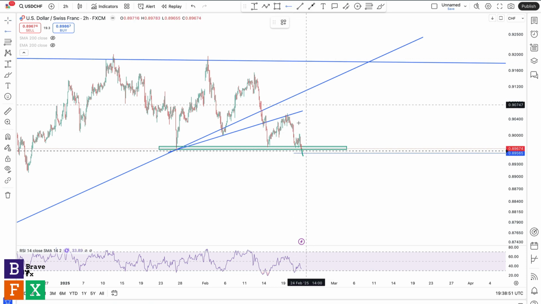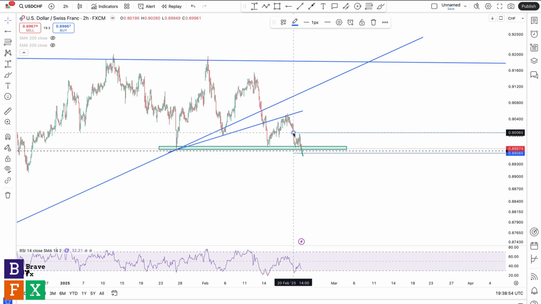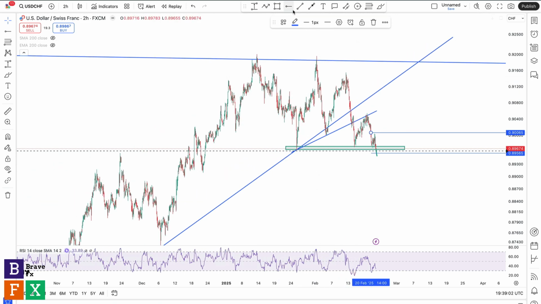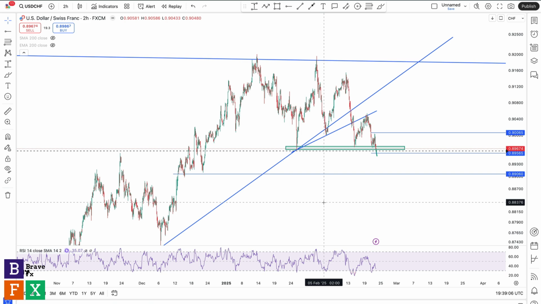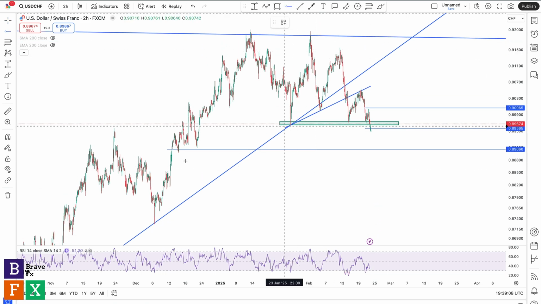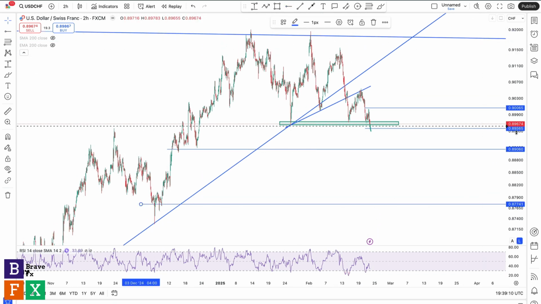Stop loss should be above this area of value. So these highs, because this is the next lower high after this one before the good breakout. And take profit target, first one can be as low as this price level, and second one can go as low as this area of value. So this is how I'm going to trade